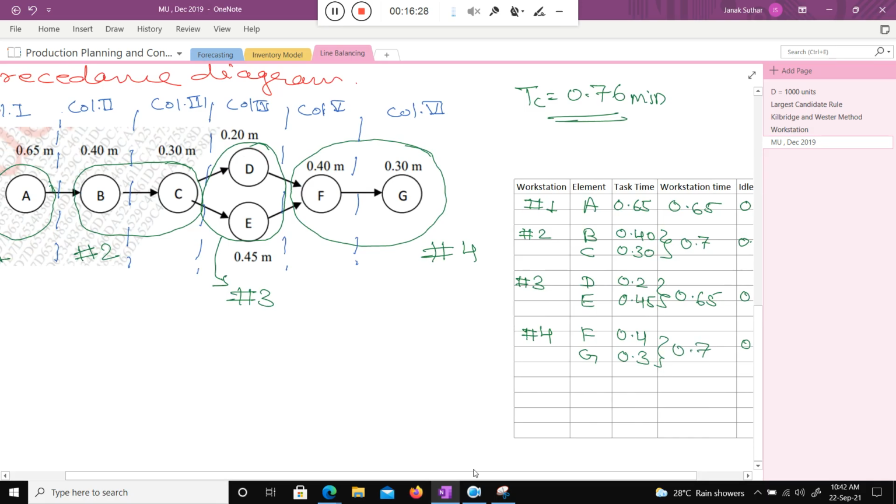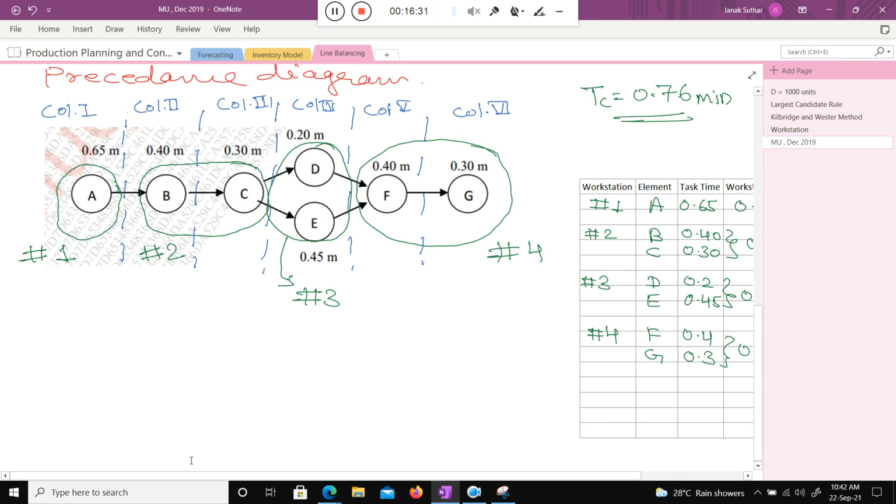Now I will try to give you the idea of how it actually works. This is our actual setup. First, you supply your input into workstation 1.